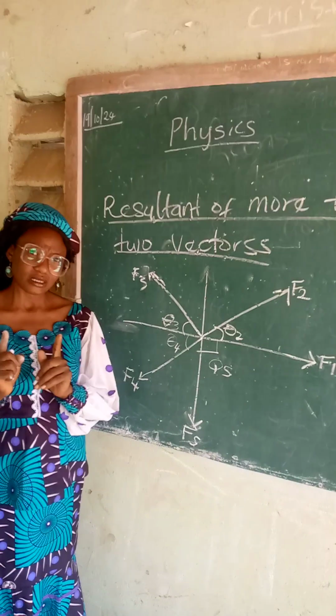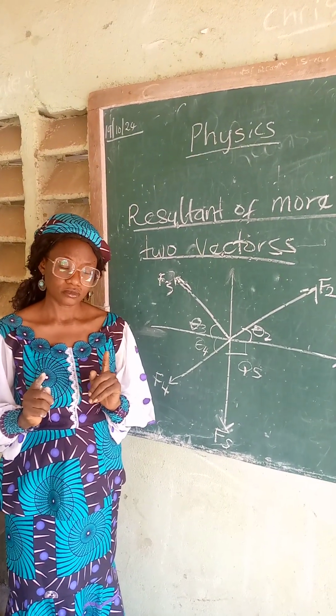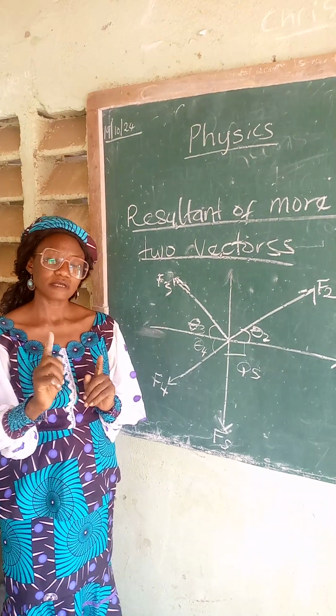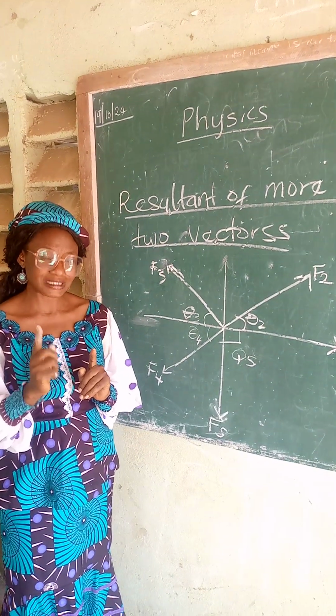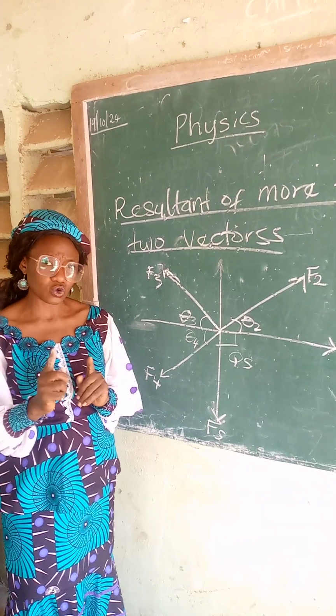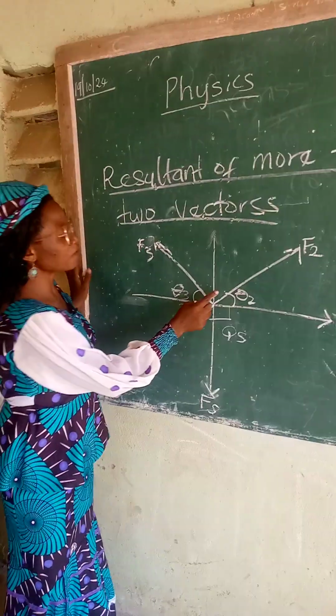You need to know something. When considering an angle for a particular vector, it is the angle between the vector and the horizontal that is being read. I repeat, the angle between the vector and the horizontal that is being read. What does this mean? Even if you are given